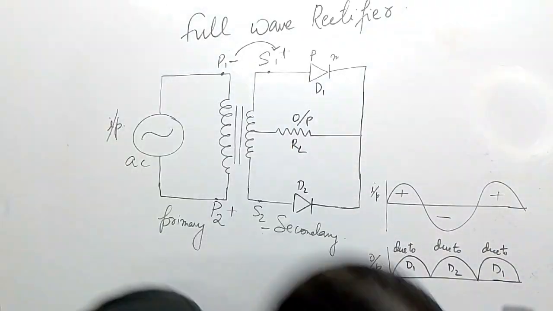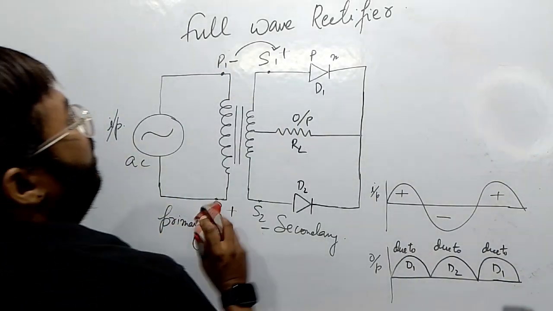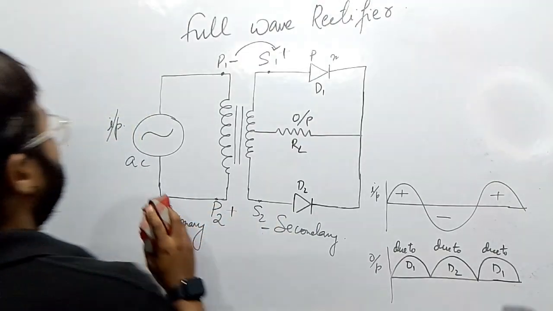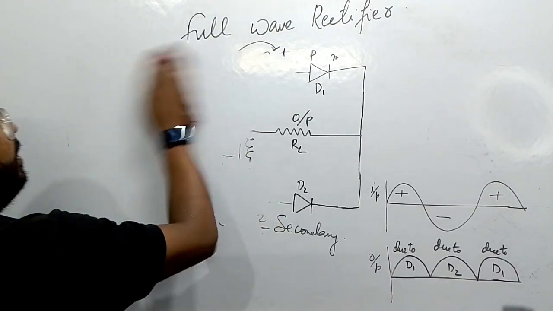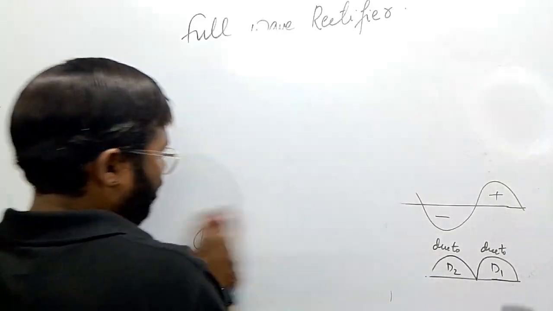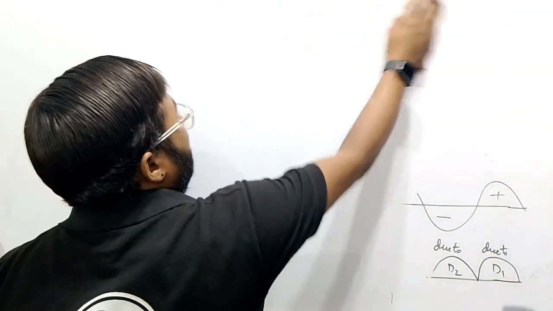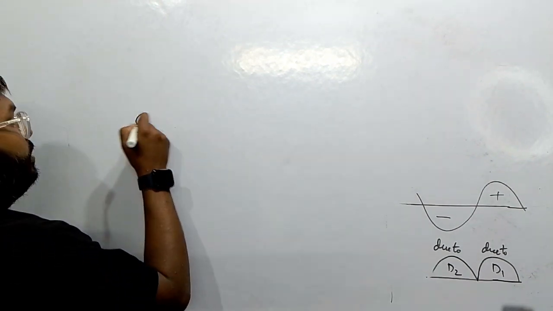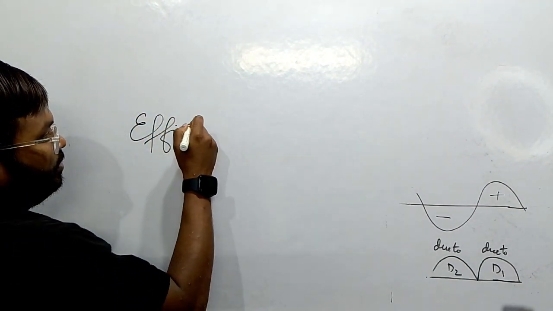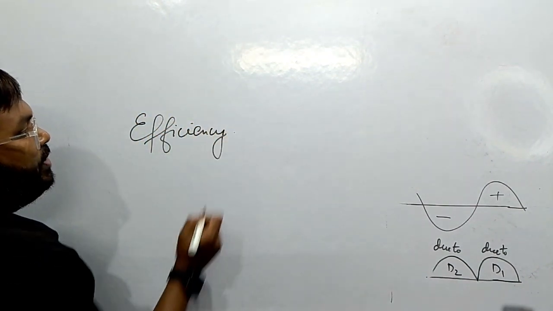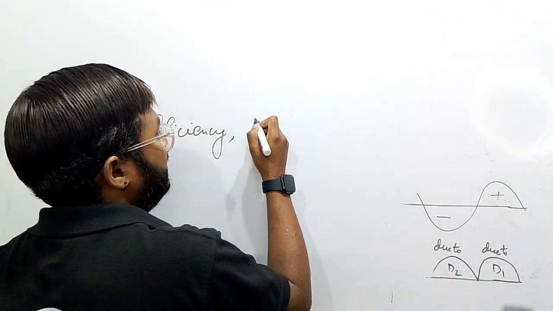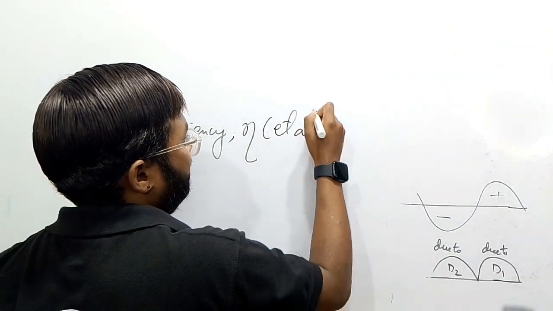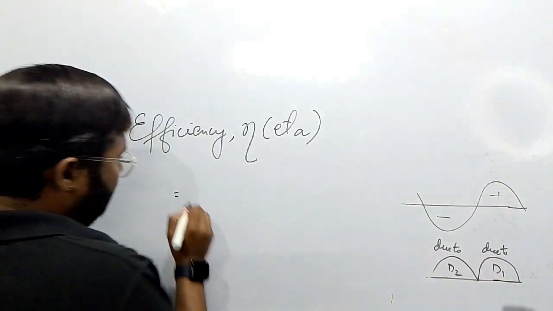Okay, and the last topic of this rectifier is the efficiency of the rectifier. Look, what is the efficiency of a full wave and half wave rectifier? How will you find the efficiency? Efficiency, we denote it as eta. This is known as eta. The formula for efficiency is